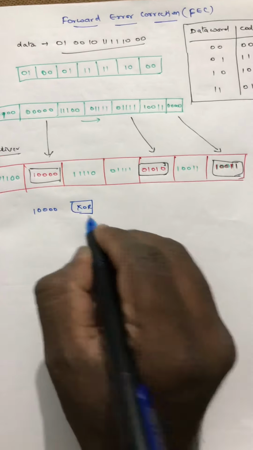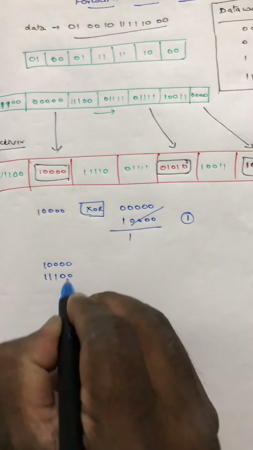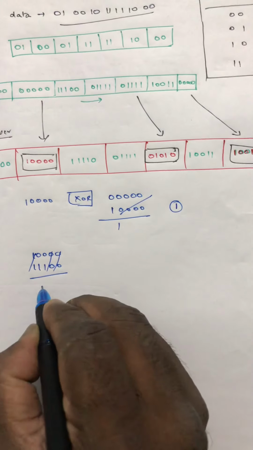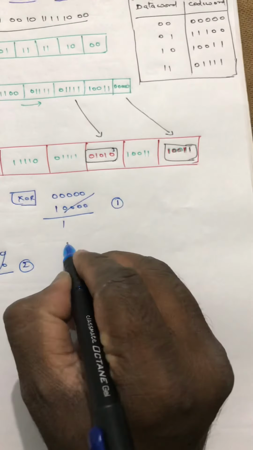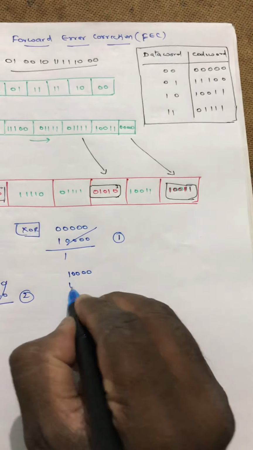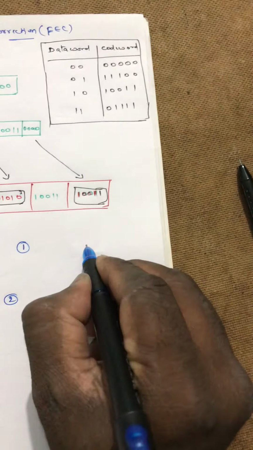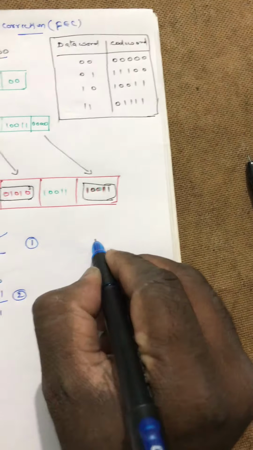If I do XOR operation on the all zeros, I'll get 1 value. If I perform XOR operation on the second value, that is 11100, when both are equal, you get 2 ones, which is 2. On the third value, which is 10011, where all these 3 are gone, so again 2. And the last one, all ones, this simply gives you 5, because you will get 5 ones.